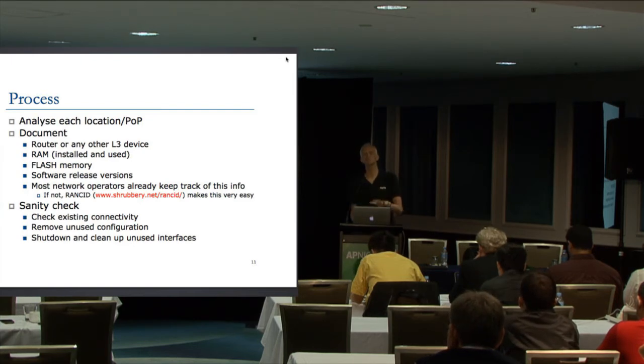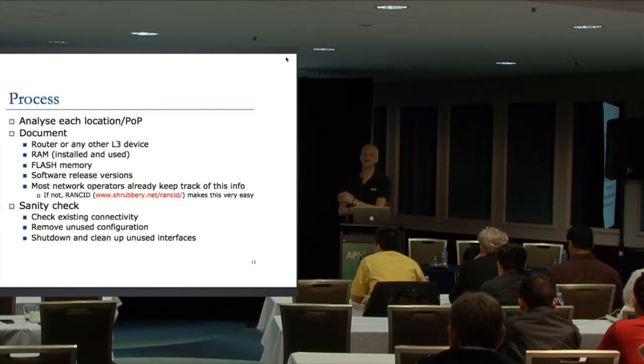Because remember, what we're going to do when we dual stack the network is whatever we've got for v4, we're going to replicate in v6. So there's no point replicating things that are no longer needed. Check the software. Does the existing software have v6 support? If yes, deployment is easy. If no, dear Mr. Vendor, we need